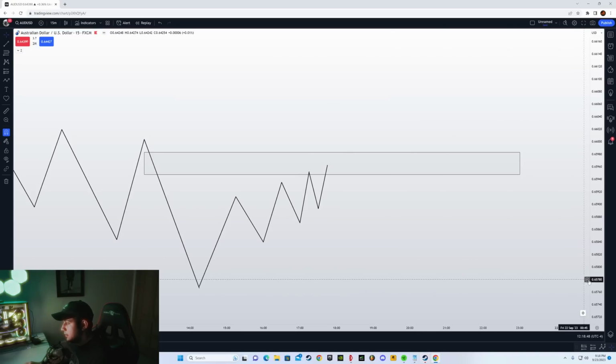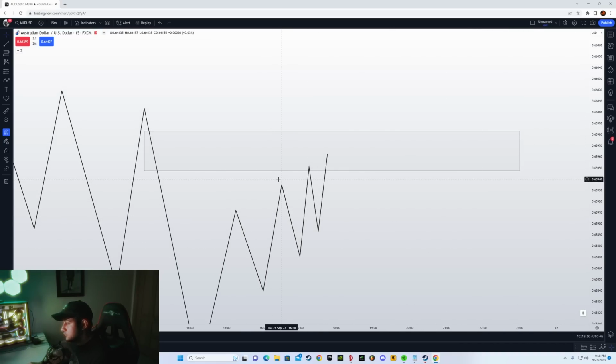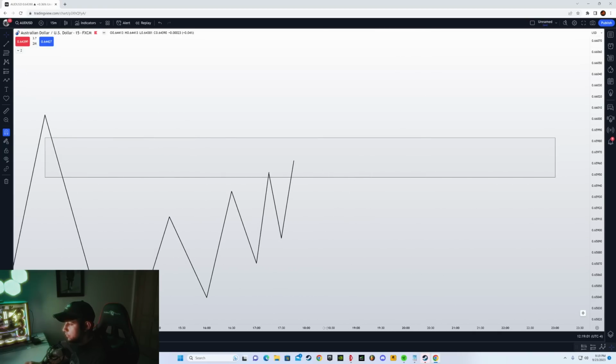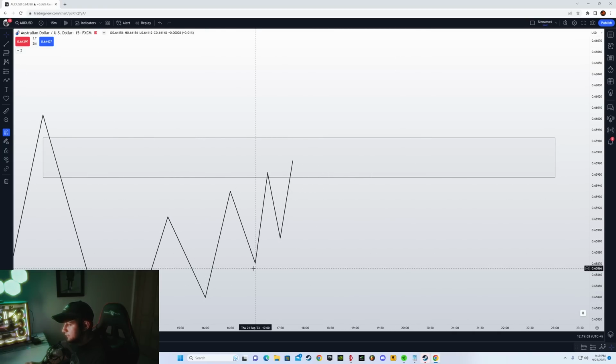So let me zoom in a bit. So let's say we have the first drive, then the second drive, and then the third drive. So we have a higher high, higher low, higher high, higher low, and then a higher high. Now, once you are here, look at, so this is the first drive, this is the second drive. Look at the second drive here,